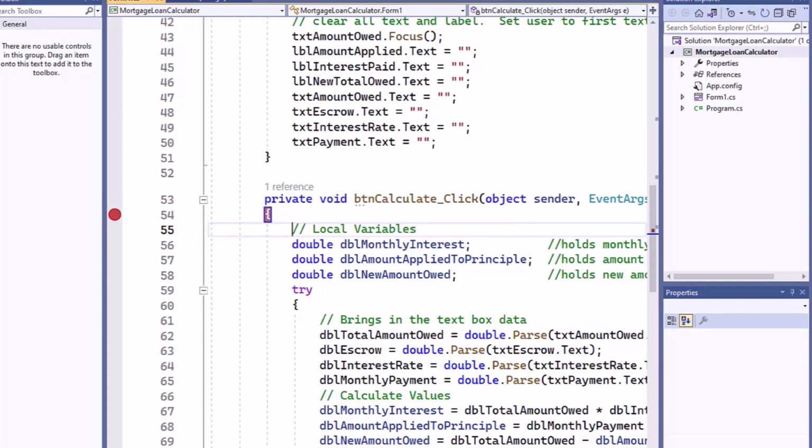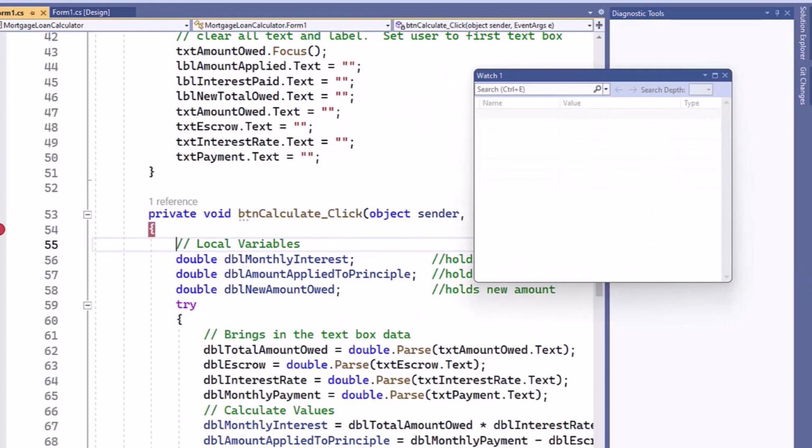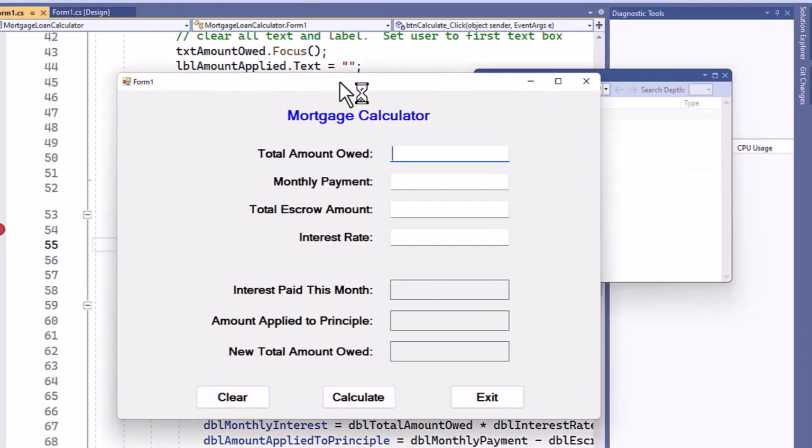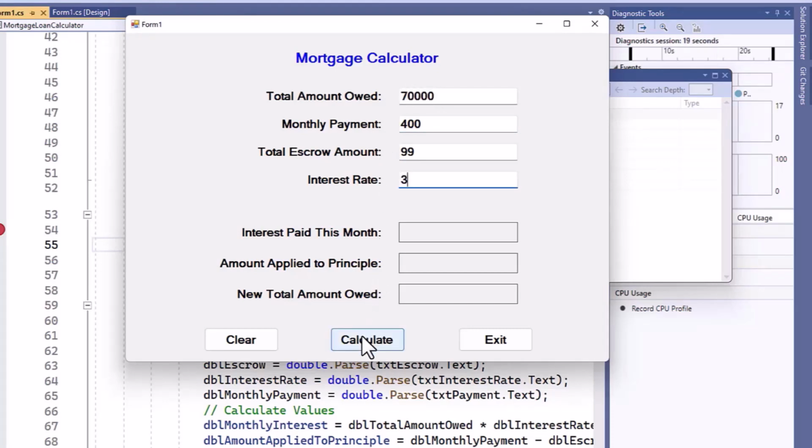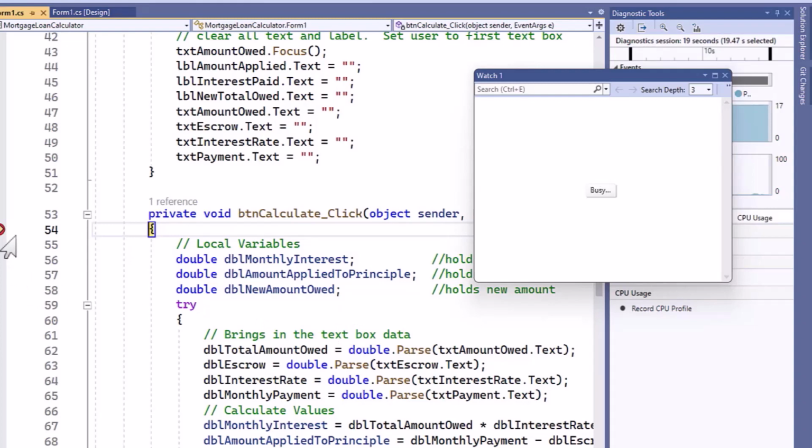and look at it. Let's go ahead and run this program now. We'll run the program, and we'll do the same thing we did before. We'll put in our $70,000, and what did I say for monthly payment? $400, something like that. And I said $99 for escrow, and an interest rate of, what, 3%? I think I did say 3%. Once we hit the calculate button, the program stops dead, and it goes into this mode right here